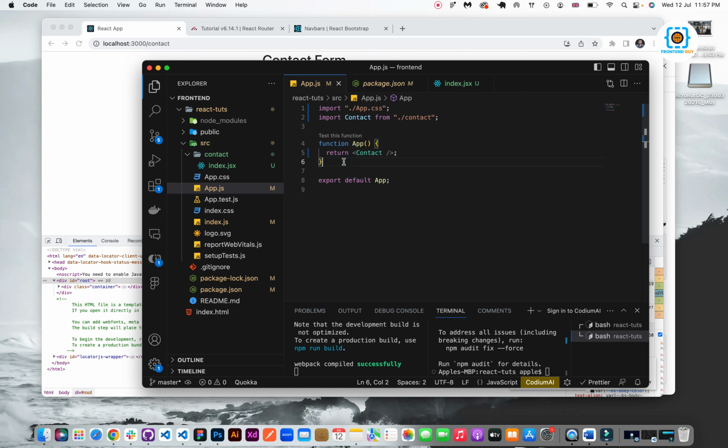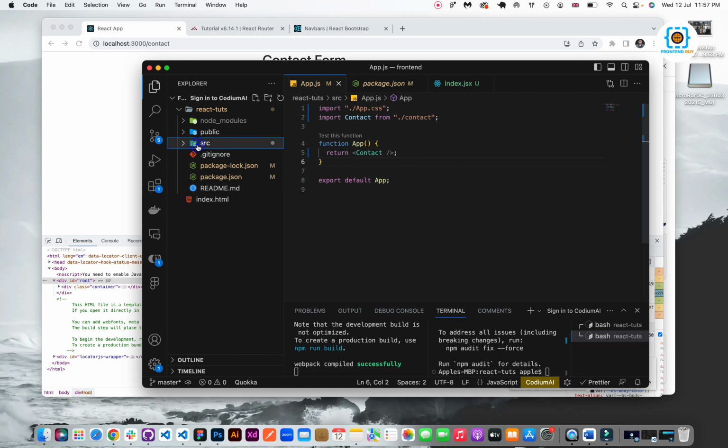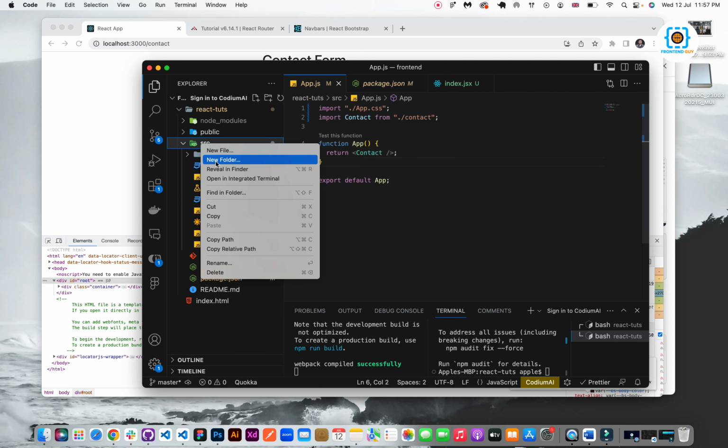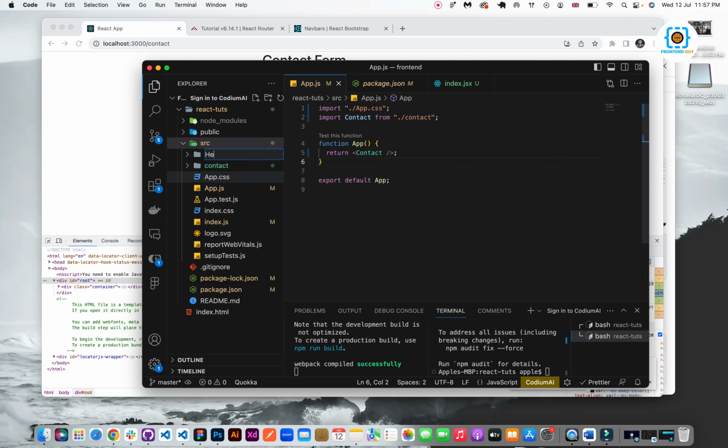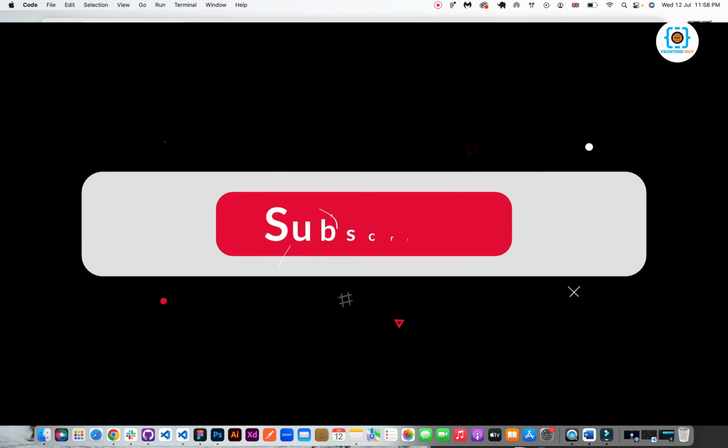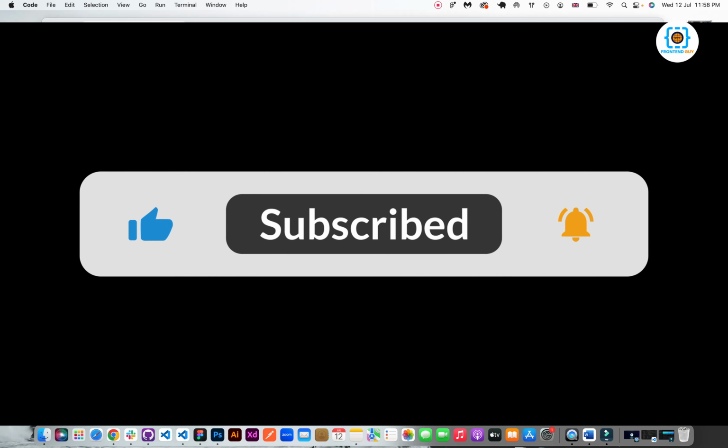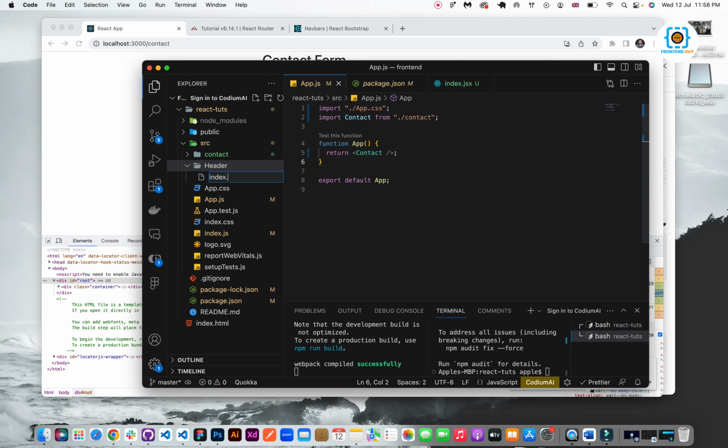First of all, we need to create a navbar in our React app. For creating a navbar in the React app, I am using a Bootstrap library. So let's start. First of all, come into your source folder and create a new folder named header. In that header folder, create a new file index.jsx,